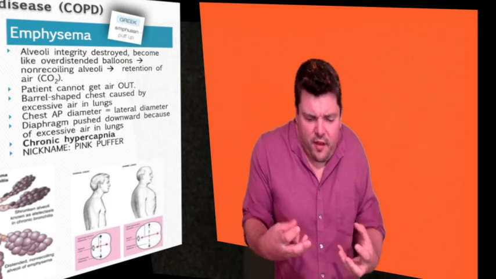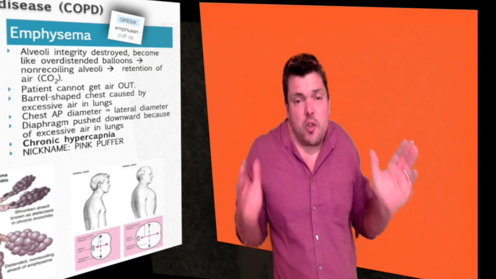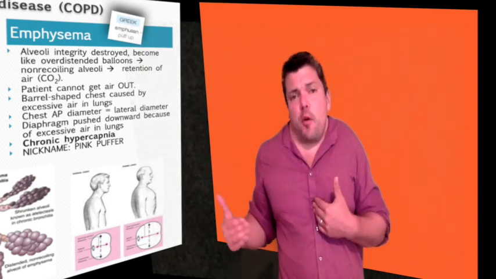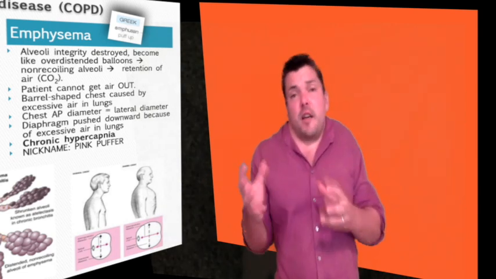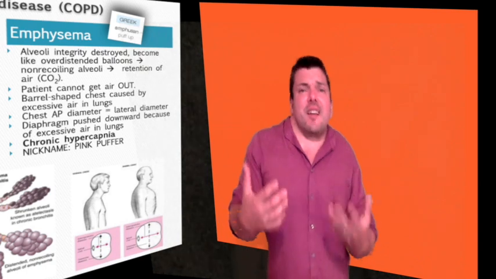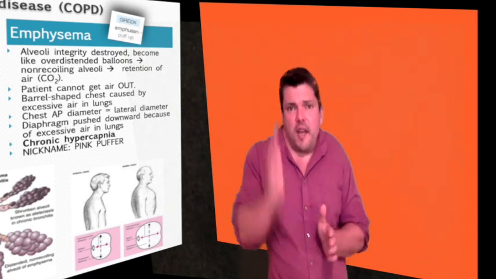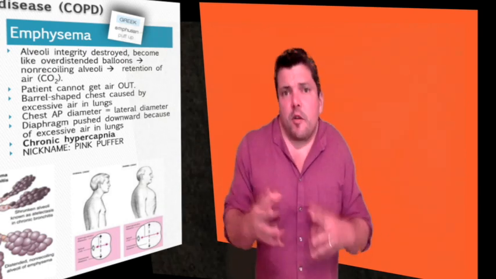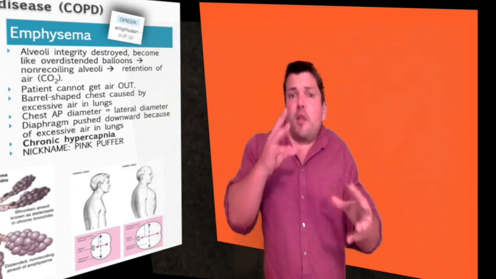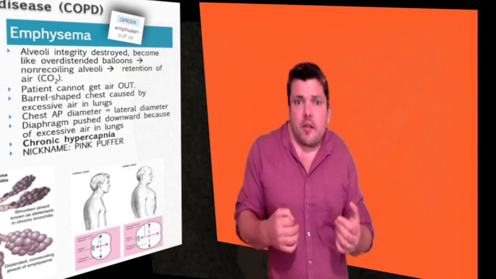Ultimately, the destruction of the alveoli causes pathologic changes to the actual shape of the chest, where the chest increases in its anterior-posterior diameter. Because the alveoli can no longer push CO2 out of the lungs, CO2 remains in the bloodstream, and these people are chronically hypercapnic. Now, we talked about respiratory failure before, and respiratory failure is ultimately a change in blood gases such that respiratory drive is severely compromised.